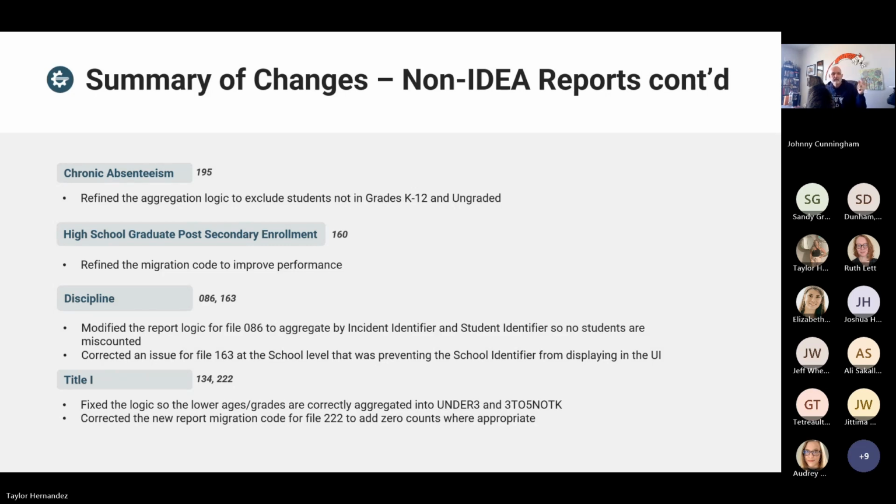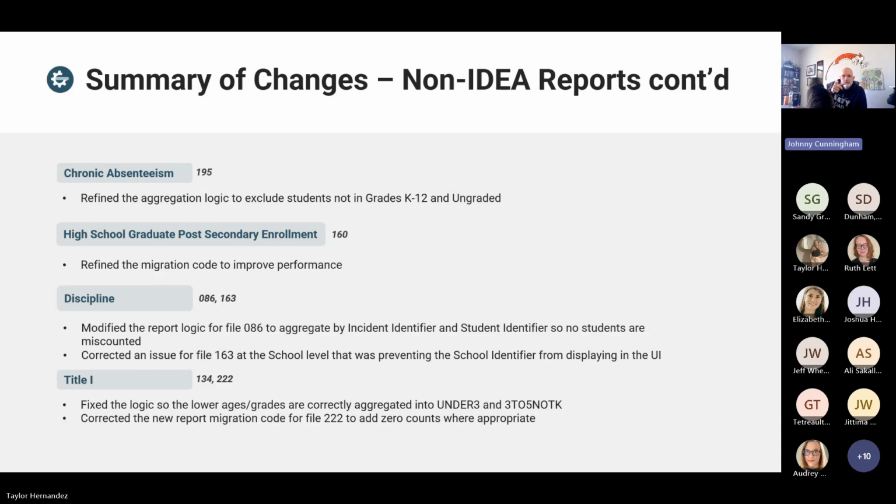195. We worked with Nevada on this file, so they were piloting this file. And as they were working through the file, they realized, okay, there's some things that the file specification requires. There is some filtering that is required that the logic at that point did not have. So we worked on that in conjunction with Nevada and added some additional logic